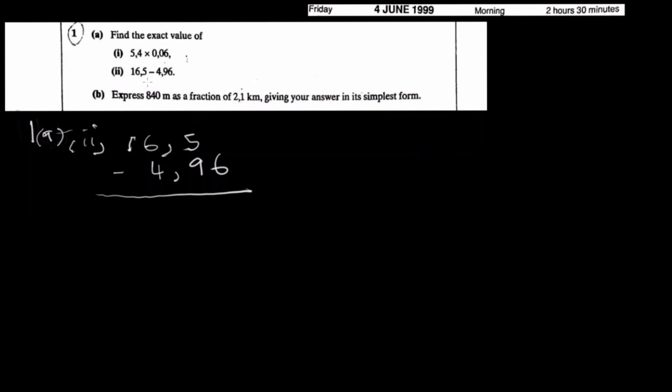So there's a problem here because this one is one decimal place and these are two decimal places. So what do we do? Zero is very important, and the importance is in it being a placeholder. We will hold the place of the missing second decimal place in 16,5 using a zero. I've written that zero in a different color to indicate its importance, because that zero actually marks the point where the question really lies in 1A part 2.